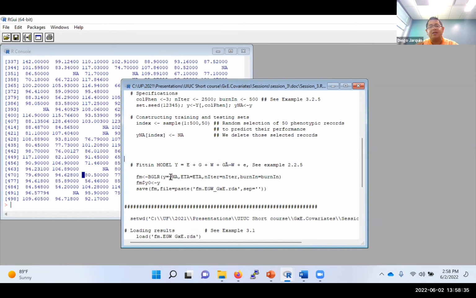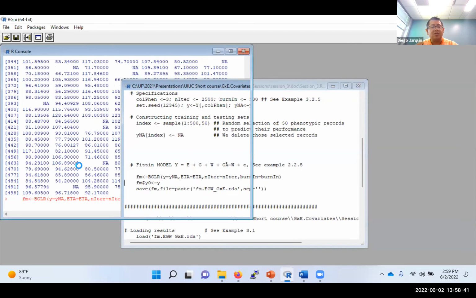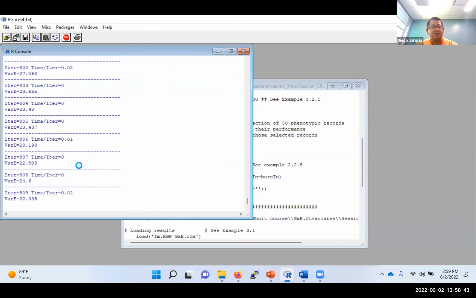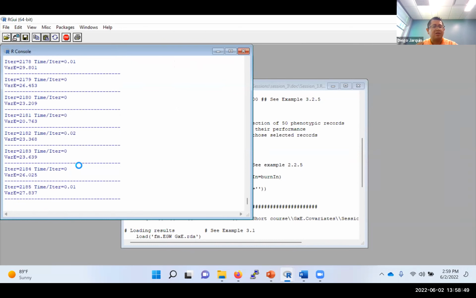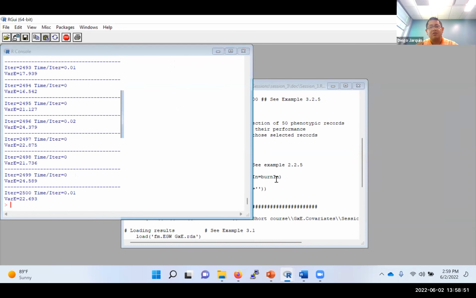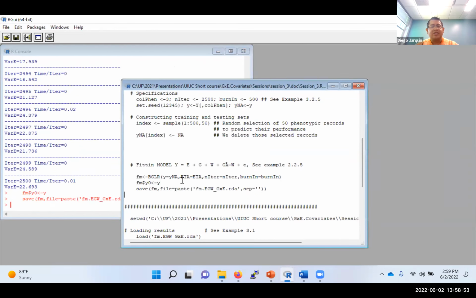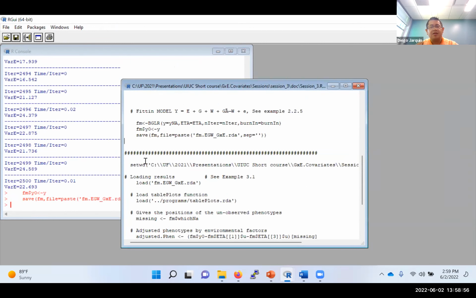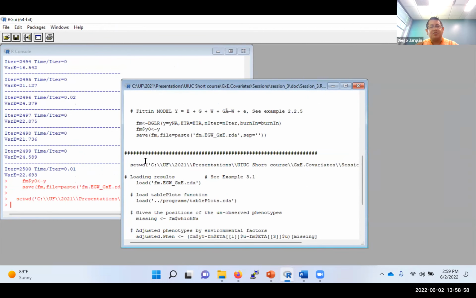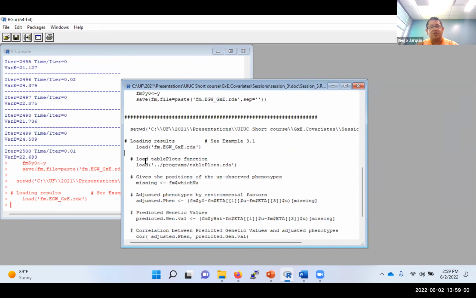We have Y equal to Y and A, and ATA equal to ATA, so the linear predictor. So we run this. And we save the object. And now the final step is to load the outputs, check